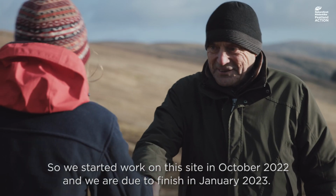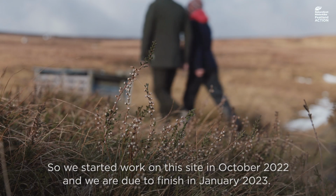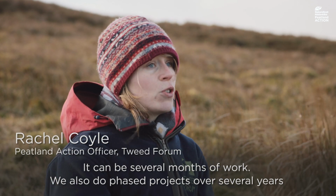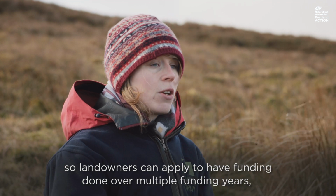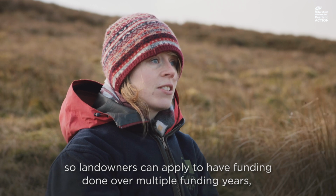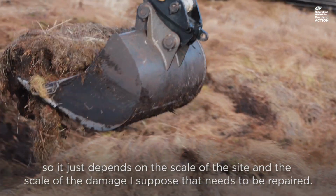So we started work on this site in October 2022 and due to finish January 23. It can be several months of work, and we also do phased projects over several years, so landowners can apply to have funding done over multiple funding years. So it just depends on the scale of the site and the scale of the damage, I suppose, that needs